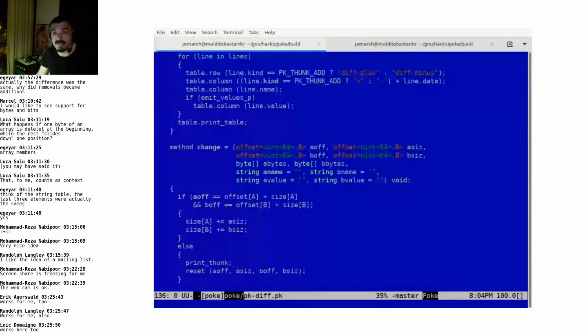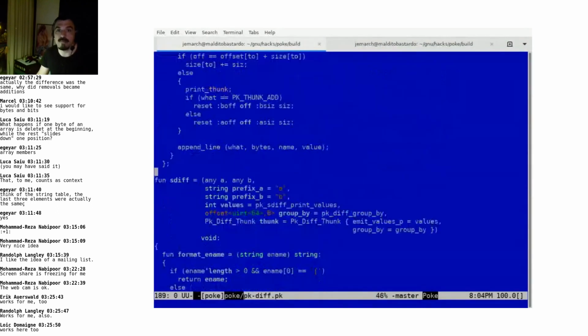Now let's see the command itself. The command itself is sdiff. As I mentioned yesterday, in POC, thanks to this alternative syntax we have for calling functions, we just implement commands by defining functions. So sdiff is defined like this. So any A, any B,